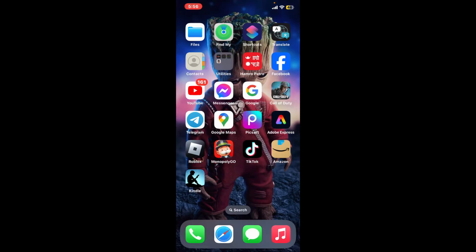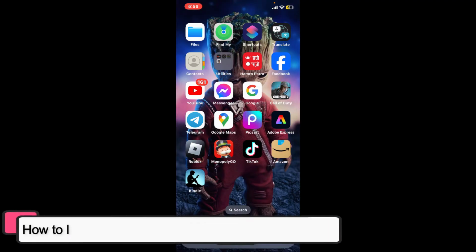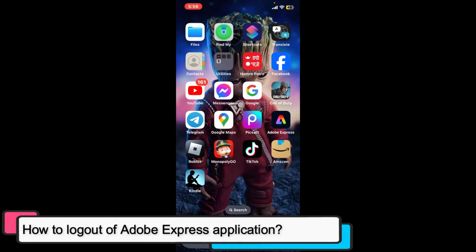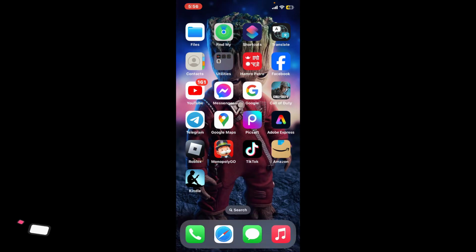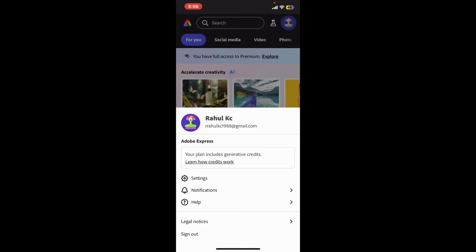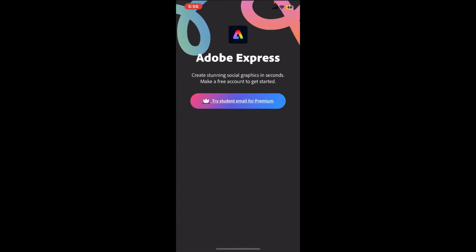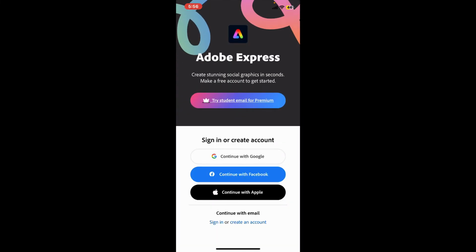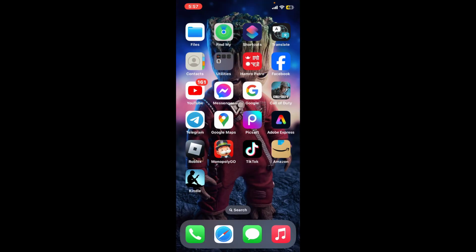In this video, we will be learning how to log out of Adobe Express application. To log out of Adobe Express, go ahead and open your Adobe Express application first. Once you open up the application, from the main home page of Adobe Express, click on the profile icon at the top right hand corner. Now, click on the Sign Out button at the bottom and you will then be able to log out of Adobe Express application. So that is how you easily sign out of Adobe Express app in just a couple of